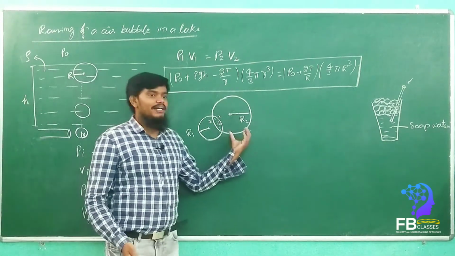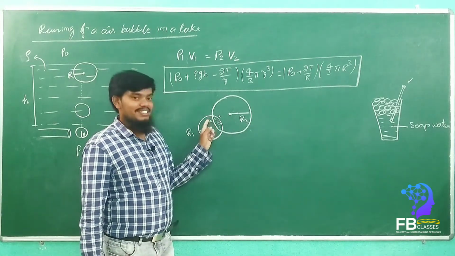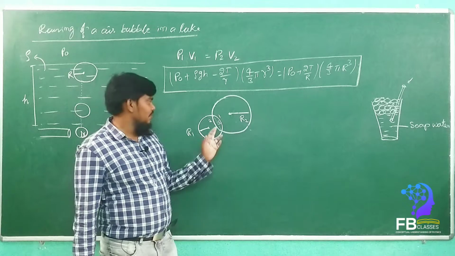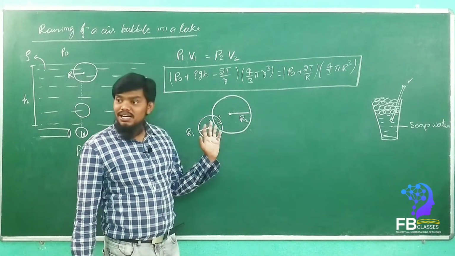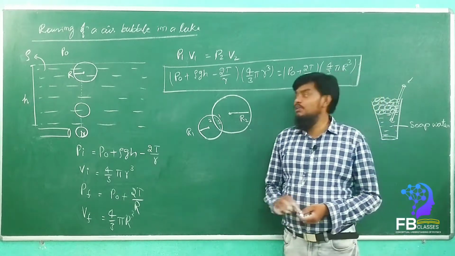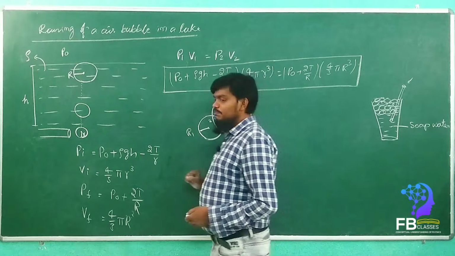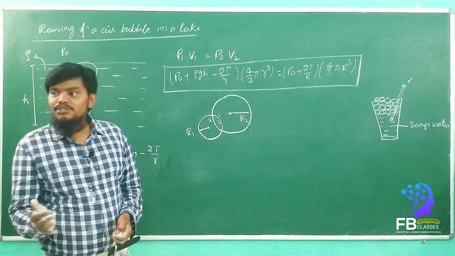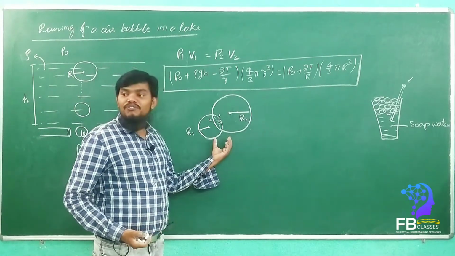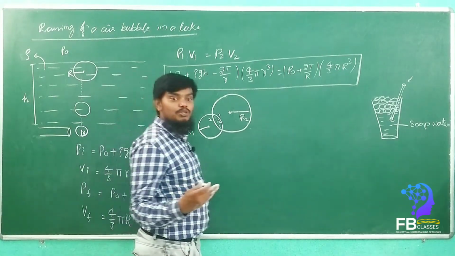When the 2 bubbles are attached to each other, one is the big bubble, another is the small bubble, then which surface is formed? Whether it is the first one, second one or third one? Which layer is to be formed by the combination of 2 air bubbles? Okay, let's consider by the conceptual understanding.